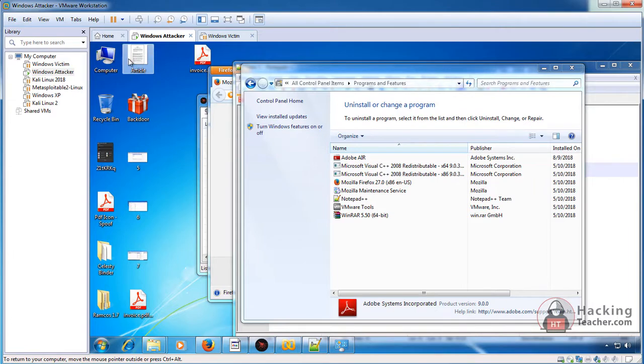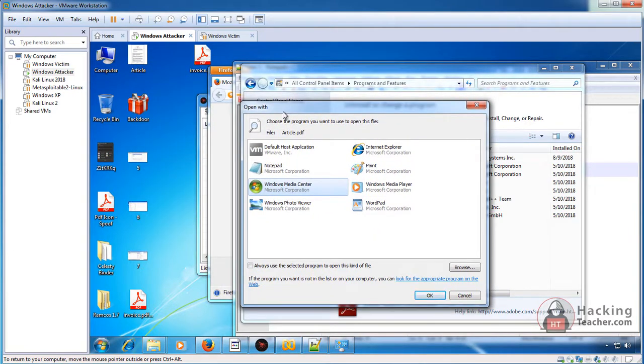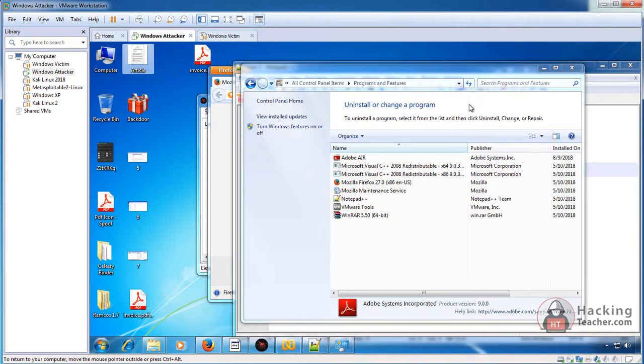Now it still shows you the icon, but if I open it, it shows how to open. It does not know how to open itself. It cannot open itself. It needs someone to open it, like Adobe Reader, like some PDF opener, like some Chrome. Chrome also has a feature to open a PDF file. Like it needs something to open it.